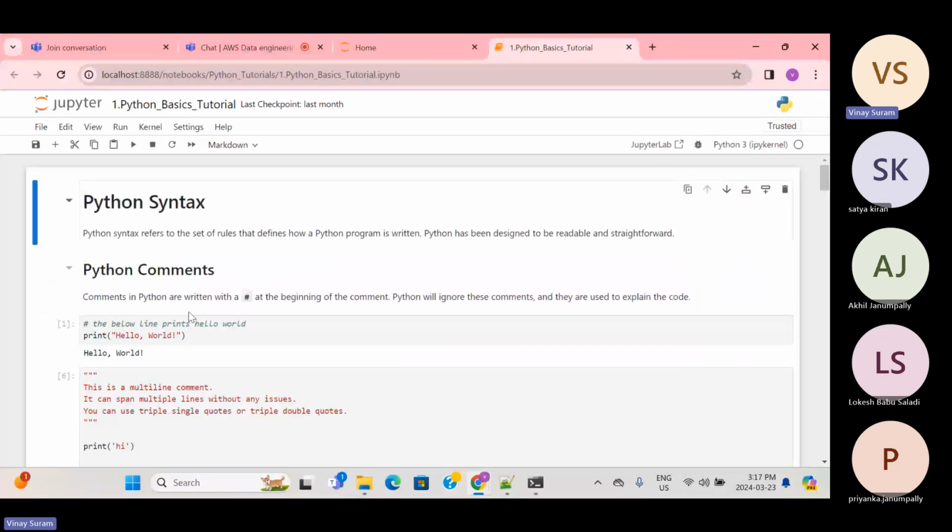So here, Python. The syntax is very easy. When comparing to Java and the other programming languages, the syntax of Python is very easy, and it is flexible enough in the data engineering domain as well as machine learning. Most of the algorithms are created using